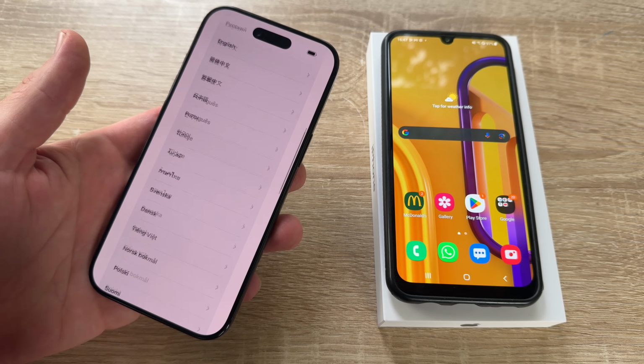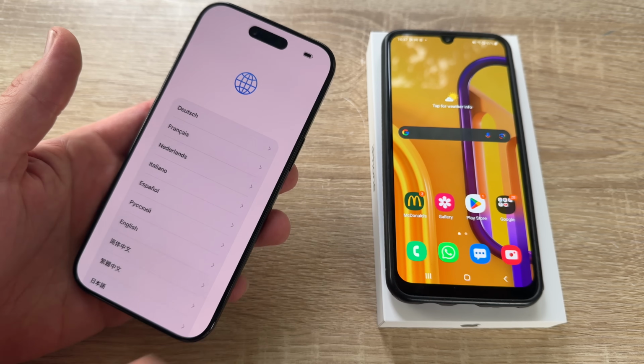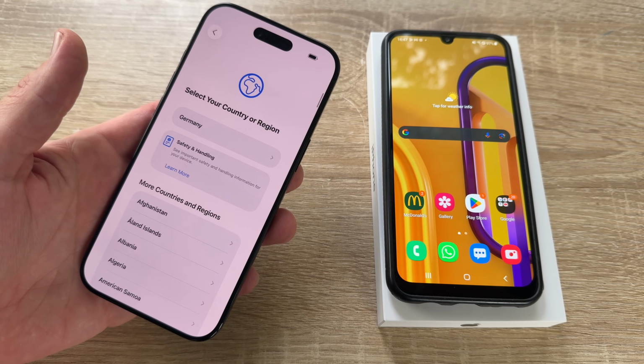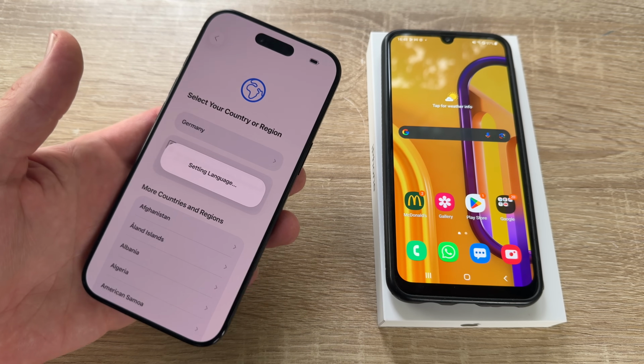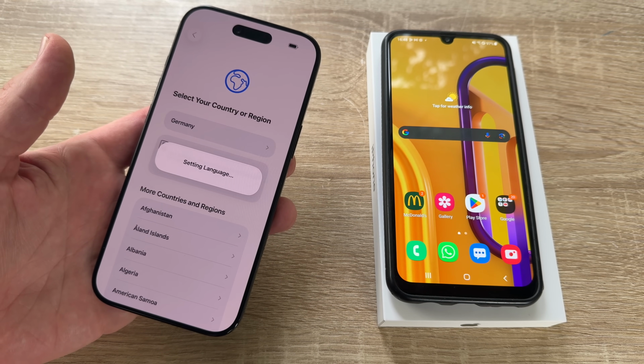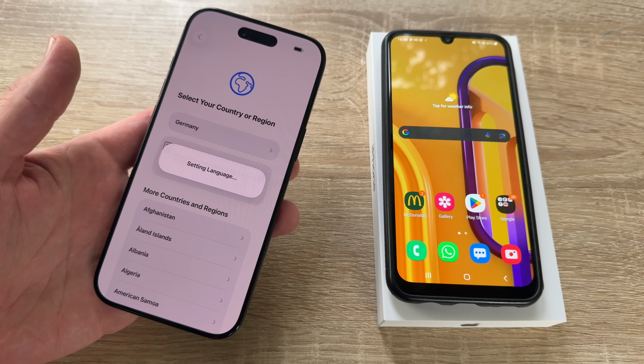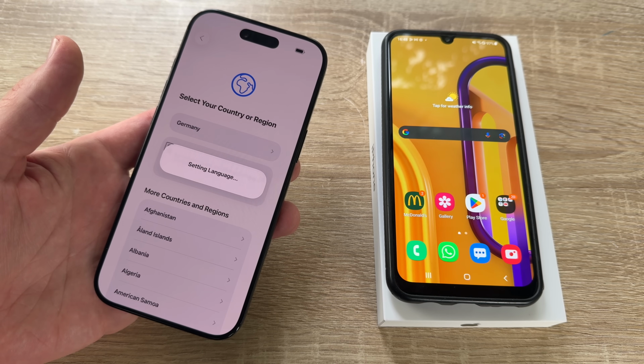Okay, first step, we switch on the device. On the right side, there's a power button. Then we choose the language we would like to communicate with our phone. After this, we can go to the next step. We're setting the language, and after this, of course, we are going step by step